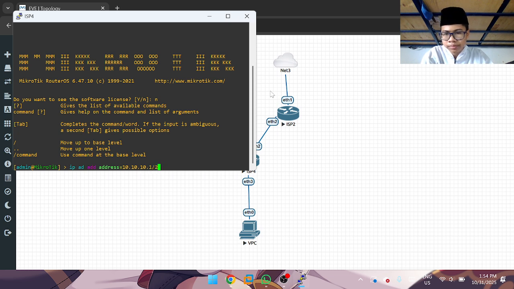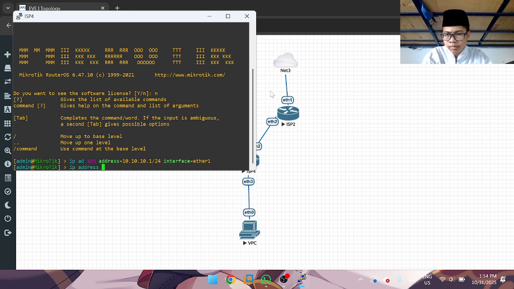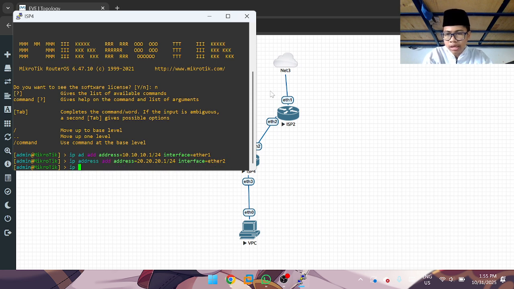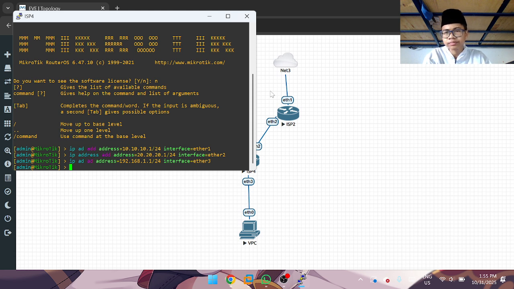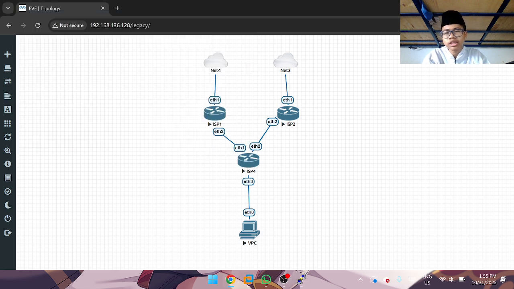This is for ether1, the interface is ether1, and add again for ISP2. First, I use ether2. And for the client, interface 3, ether3.